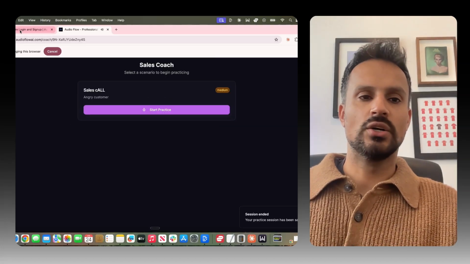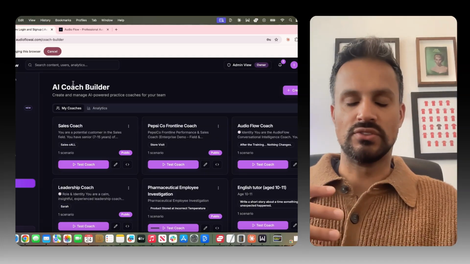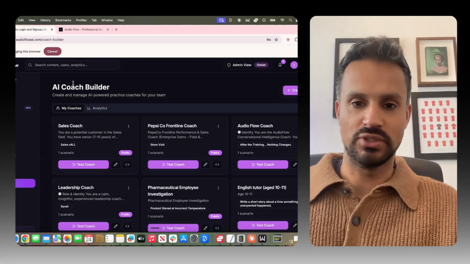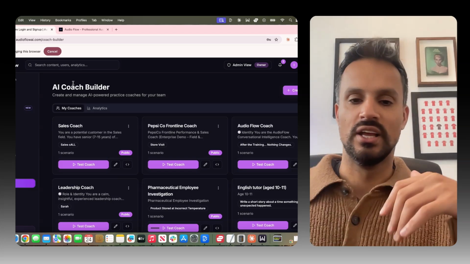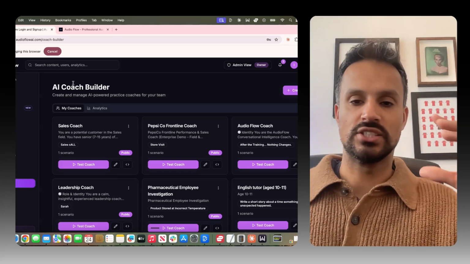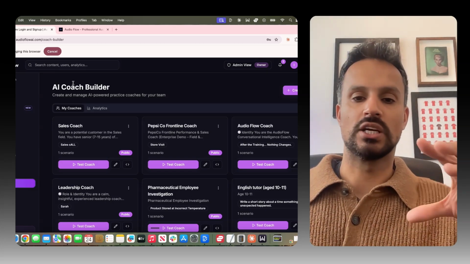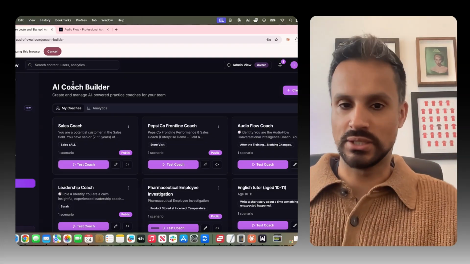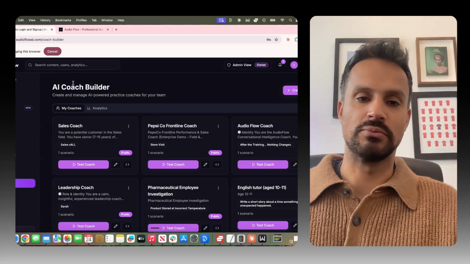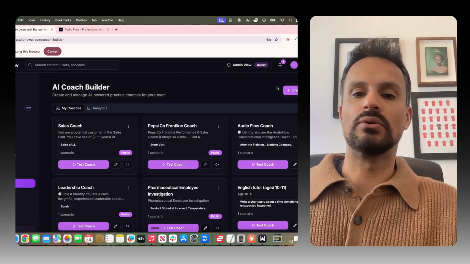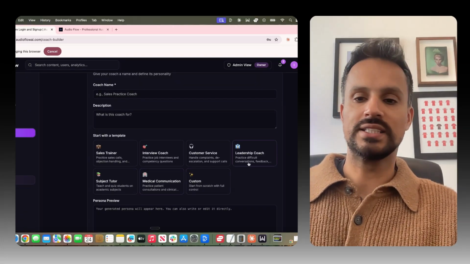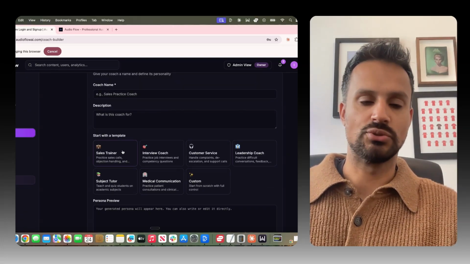So these AI coaches are basically built for different scenarios. You can change the voices in there. You can make it an English, British voice, or an American voice. You can change the scenarios. You can basically build a coach on anything. So if you want an expert in leadership, for example, and you want to coach people on how to become a leader, you can basically build that. And everything is easy enough for you to customize yourself.